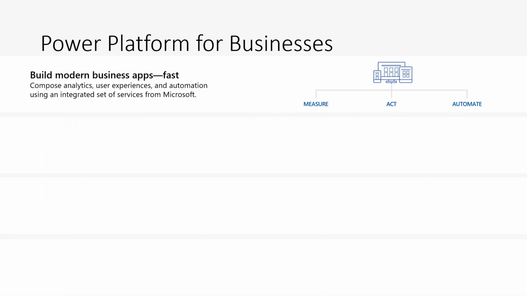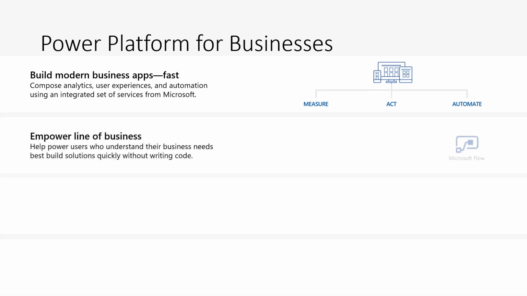So PowerApps is part of the Microsoft Power Platform. Users can build modern business apps fast, and those business apps can empower your line of business. The Power Platform includes Power BI,